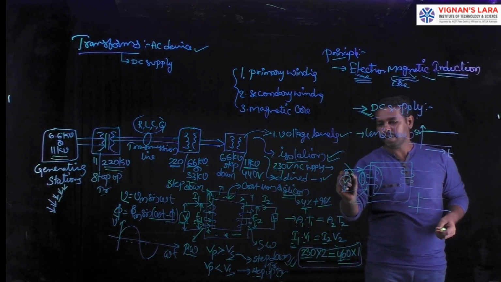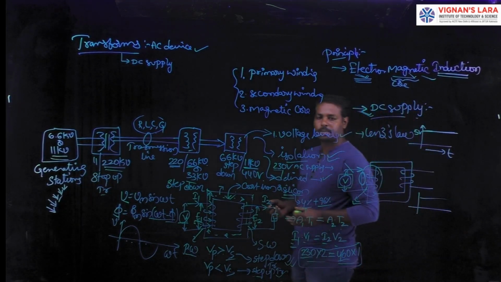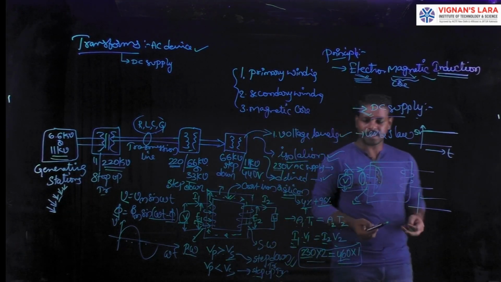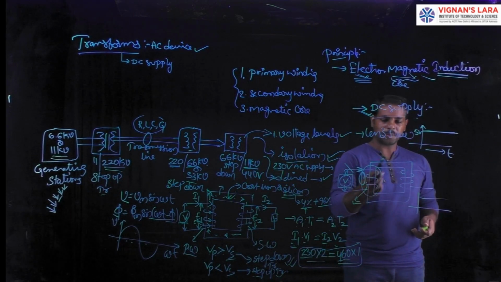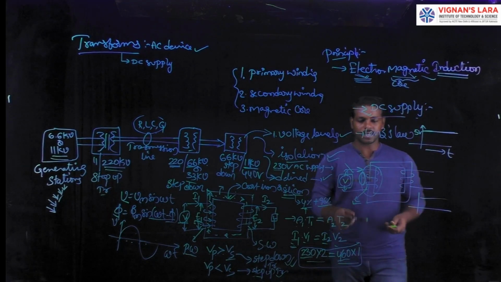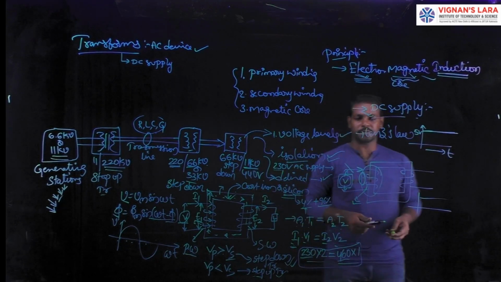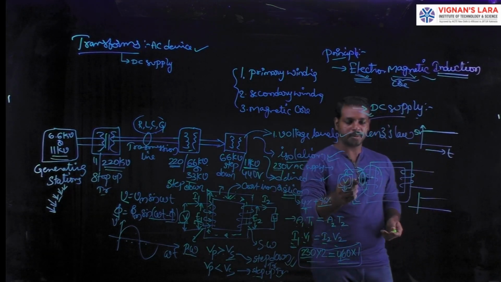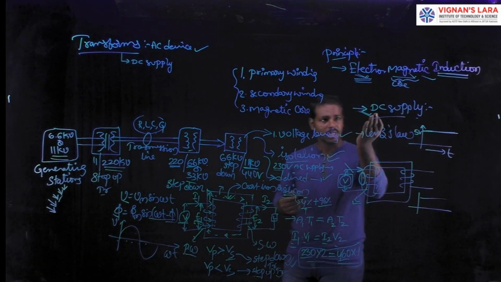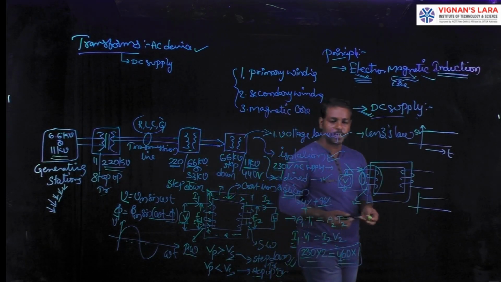This is very important in either quiz examinations or competitive examinations. Why is DC supply not given to the transformer? Because when DC supply is given to the primary, it does not generate induced EMF. The constant flux passing through the secondary winding does not generate voltage and current. Since the resistance of the primary is very low, a huge amount of current is drawn from the supply. Those currents damage the primary winding, so we do not connect a DC supply across the transformer. Transformers never operate on DC supply.